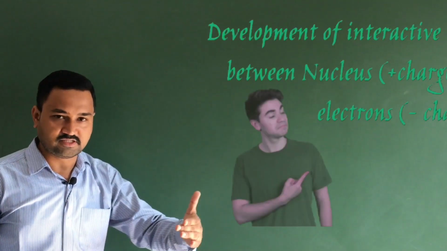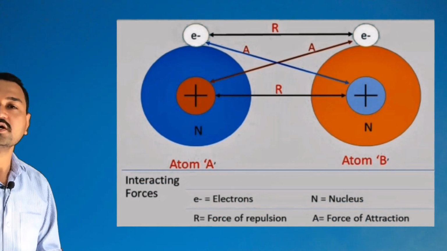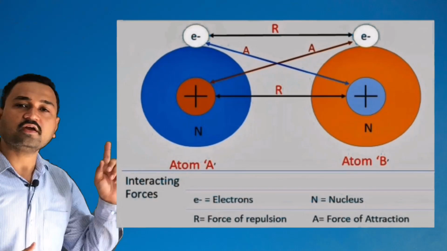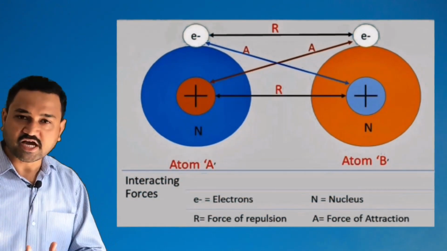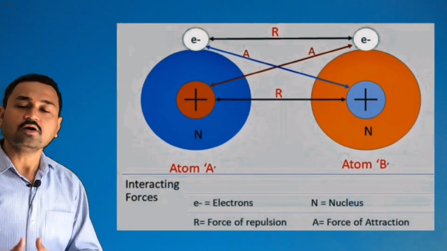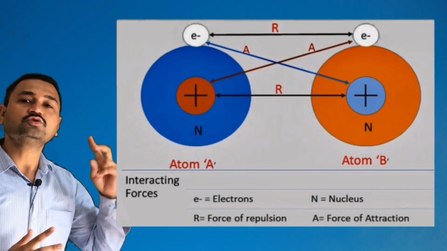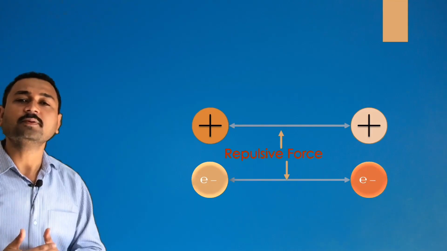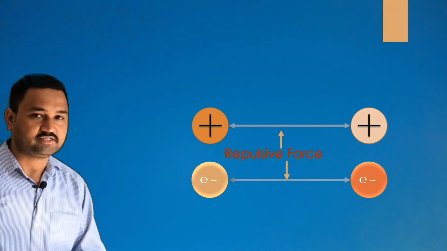Now let us know the second type, that is the repulsive forces, how the repulsive forces are developed during this approach. Now remember, in the diagram you can observe that the nucleus of A atom repels the nucleus of B atom due to the same charge, that is the positive charge. Now again there is a second repulsive force which is developed between the two electrons as they have the negative charge. So these are the two repulsive forces which are developed during this approach due to the like charges.